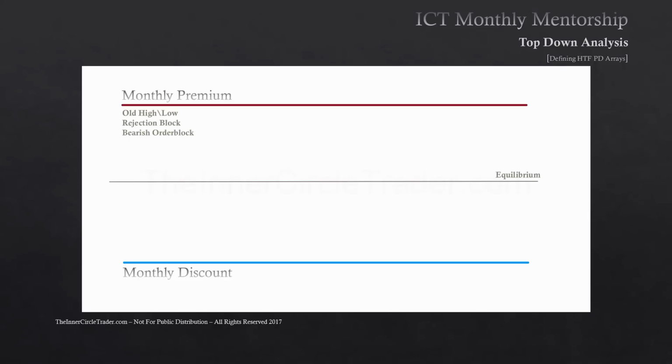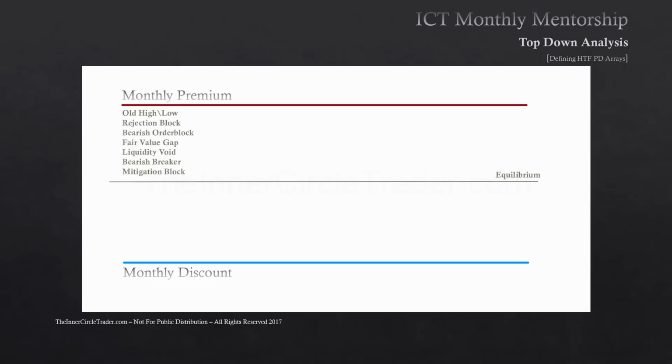Then the bearish order block, a fair value gap, a liquidity void, bearish breaker, and the mitigation block. Put another way, if we were at equilibrium and we were moving away from a premium